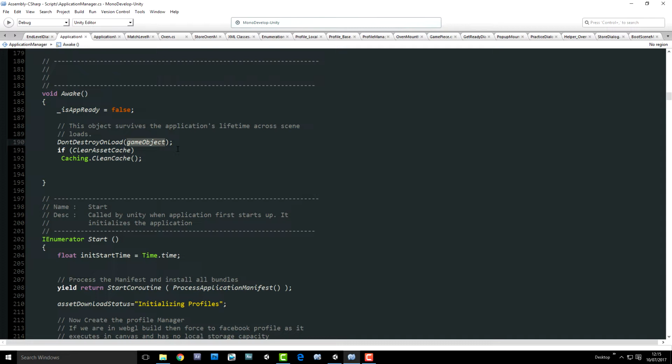What this is telling Unity is that when the scene this object was instantiated in is removed, is no longer the current scene, the object isn't destroyed along with all of the other objects. The application manager will always be resident in memory. And this is really important because you're going to see in a moment how, when we go on to the next scene, which is that game installer scene, the application manager is still going to be running, it's still going